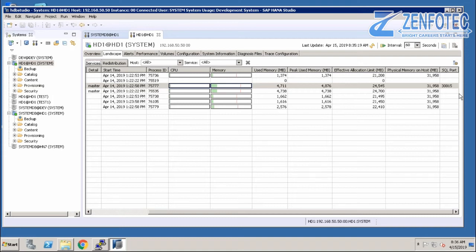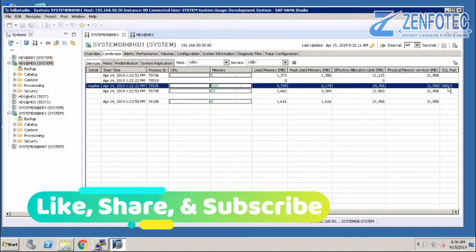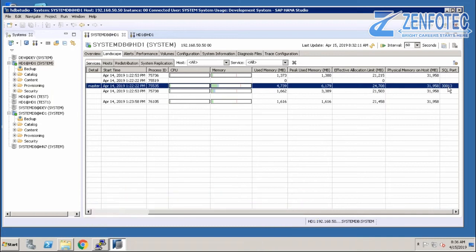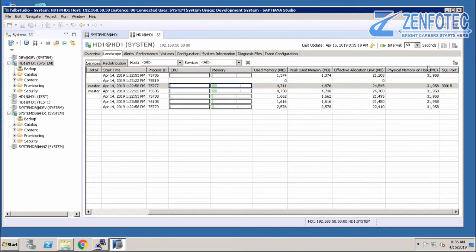When you connect from HANA Studio to systemdb, it connects to the name servers on this SQL port. When you connect to a tenant database from the HANA Studio, it connects to the index server's SQL port, which is 30015. Is this clear? Any question here?